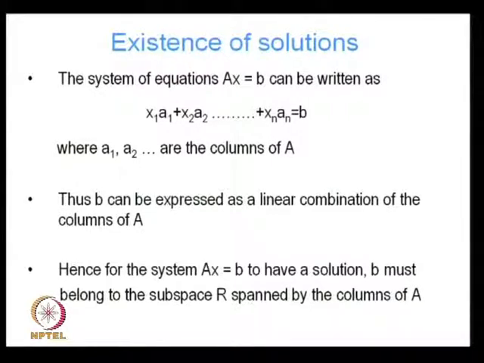This is just another way of writing the system Ax equal to b. But this way of writing makes clear that b is actually a linear combination of the columns of A,